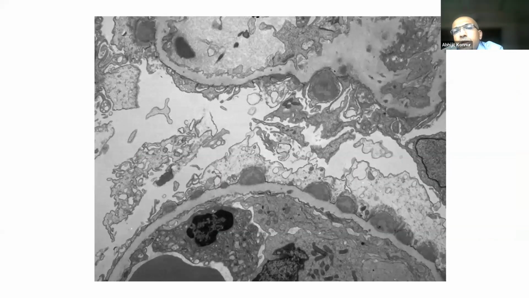And when this was sent for electron microscopy, again, from the previous slides, this is the glomerular basement membrane. These were supposed to be the healthy podocytes, which are now completely effaced out. And this is the capillary side. And you have the endothelial cell and the nucleus. This is an RBC. And you can see these black humps that occur. So these are subepithelial humps. The podocyte is also called an epithelial cell. So subepithelial humps typically seen in